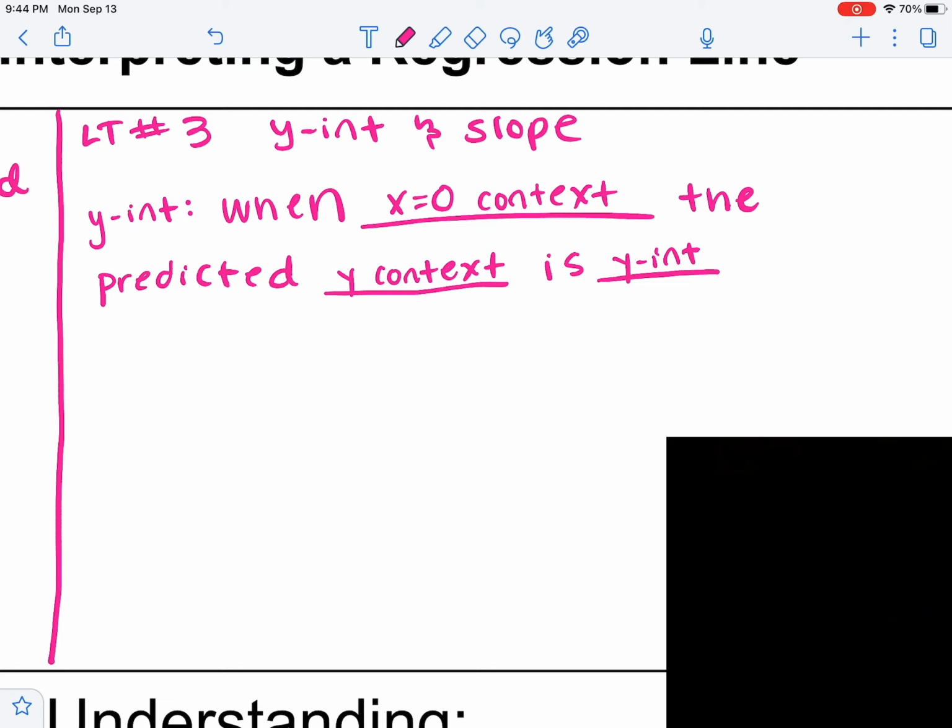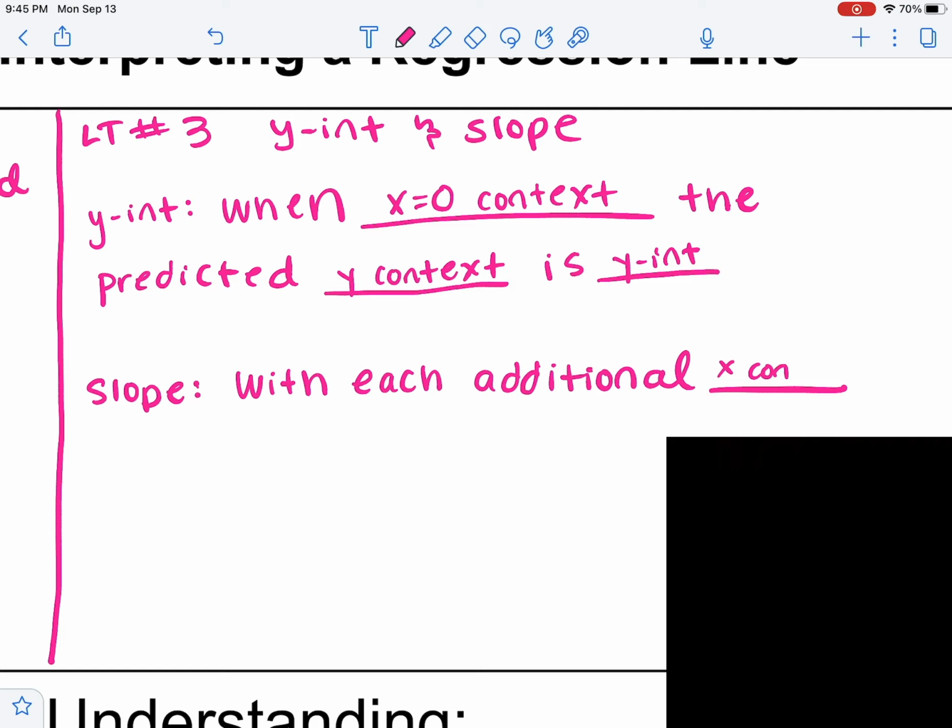All right, the next part of this is going to be the sentence for slope. So how are we going to interpret this slope? Starting out, I'll say with each additional x context. So what's important here is that we are saying with each additional one of the x's. So what we had said before was with each additional rubber band, you could say when you add one rubber band, when you increase the rubber band by one. It's just really important here that your x context, when you say additional, it's only by one. So with each additional rubber band, that's x context right there,